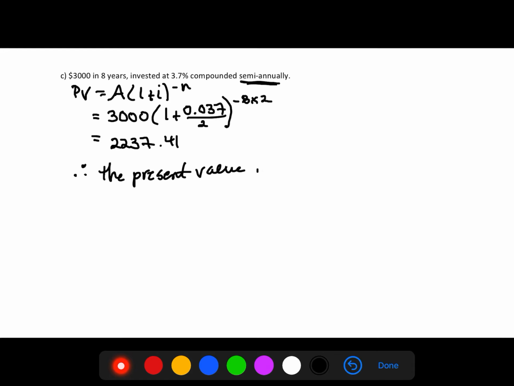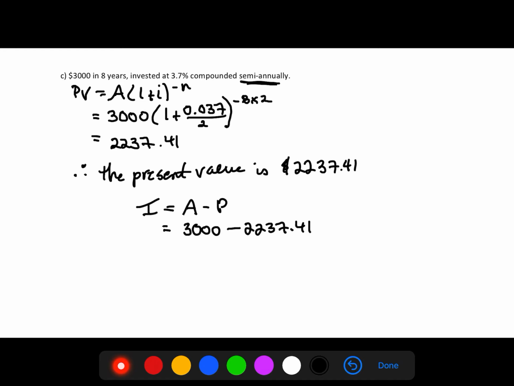And when we do that, we get 2,237.41. And we're going to do our therefore statement. Our present value is $2,237.41. And just as an aside here, if we wanted to know how much interest was earned, we would still